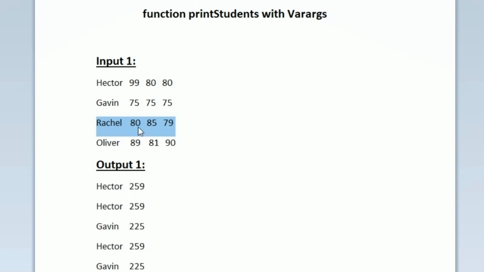And then the third student is Rachel and his marks are 80, 85 and 79. Similarly, the fourth student is Oliver. So now our task is to print the student name and the total marks obtained by him in the output. In the output we have to follow a pattern such that first we have to print only